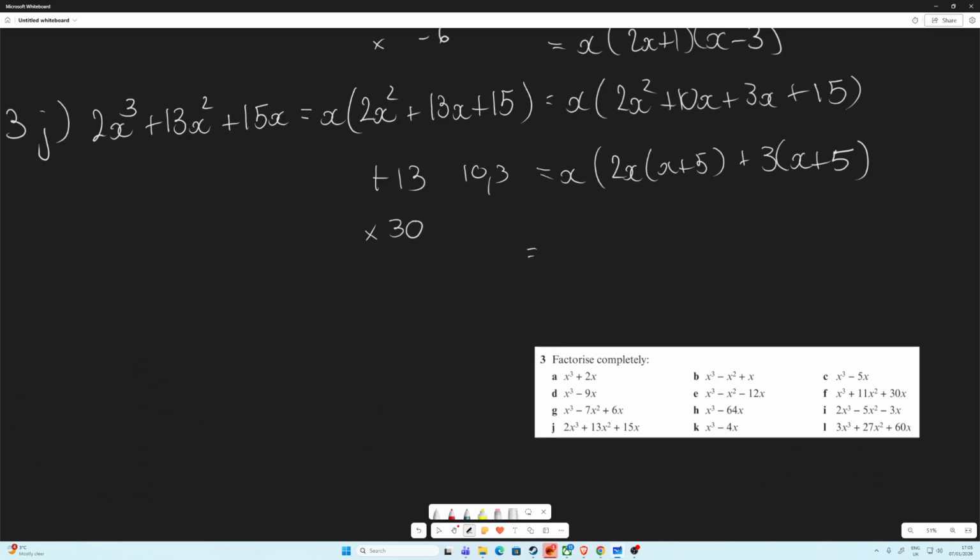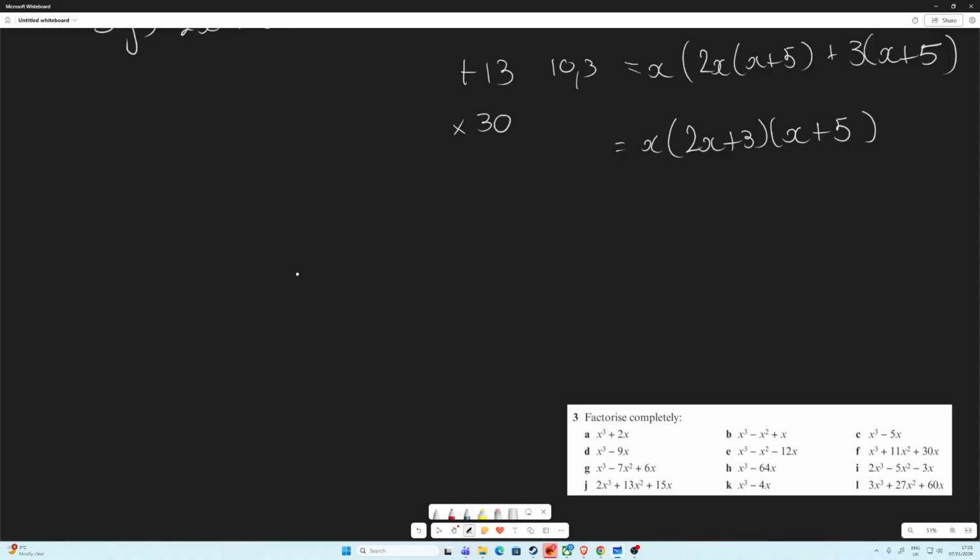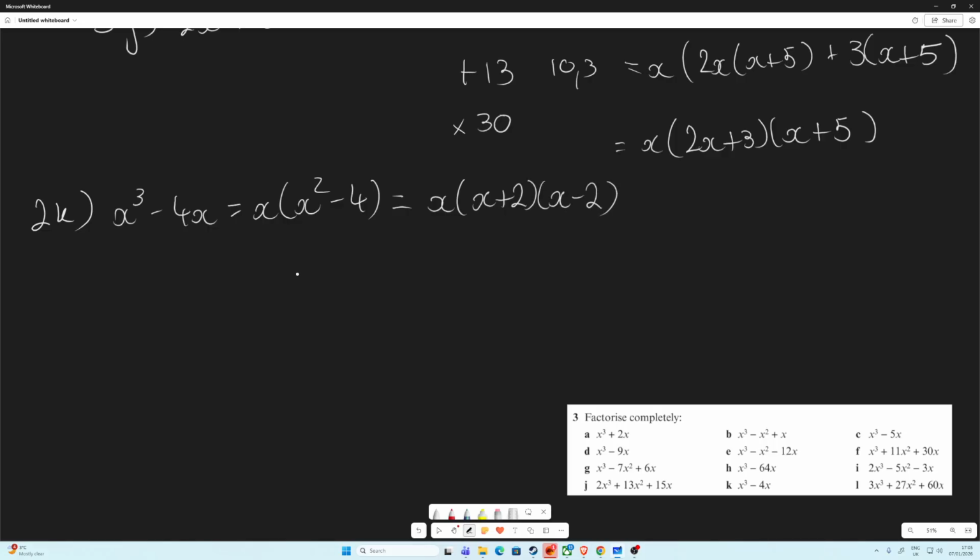Let's bring it all together. So that's x times 2x plus 3 times x plus 5. Okay. 2k. We have x cubed minus 4x, which is x into x squared minus 4, which is again a difference of 2 squares, so that's x into x plus 2, x minus 2, and 2l, 3x cubed